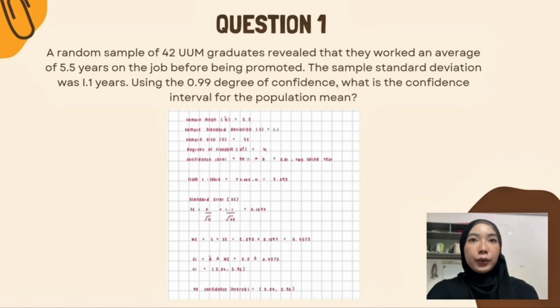To find the confidence interval, we take the sample mean plus or minus the margin of error. So we calculate 5.5 plus and minus 0.4573. This gives us a confidence interval from 5.04 to 5.96. Therefore, at the 99% confidence level, we can say that the population mean number of years before promotion is between